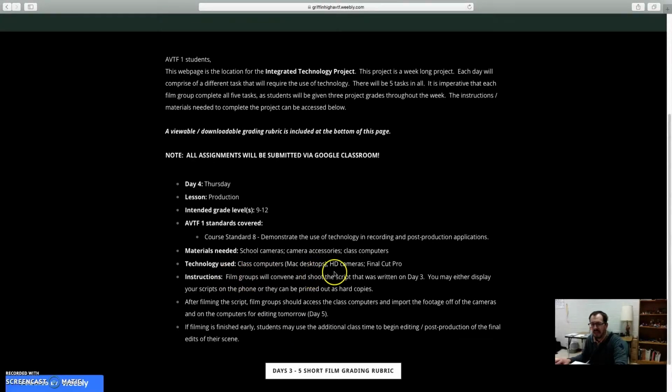Instructions, film groups will convene, shoot the script that was written on day 3. So they're going to take what they did in day 3, they're going to put it on camera, and they're going to act it out. And they're going to remove that footage off their cameras, put it on the computer, and they'll be prepared to edit for day 5. So they'll spend day 4 shooting their 30-second scene using the scripts they wrote and conceptualized